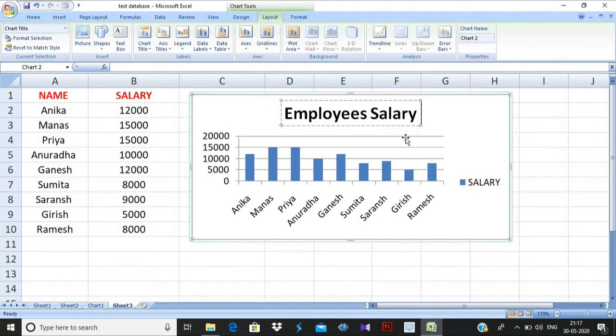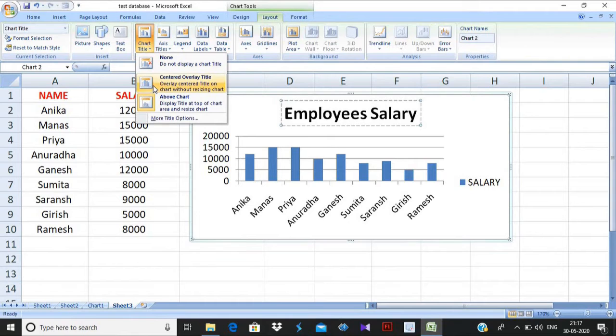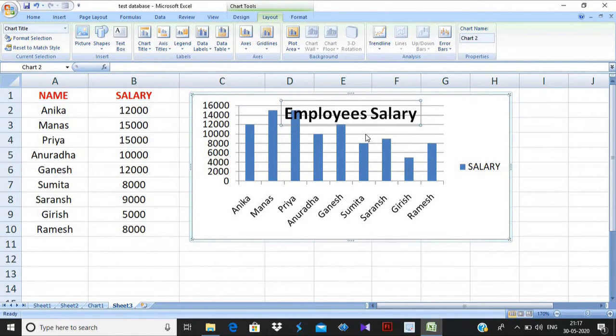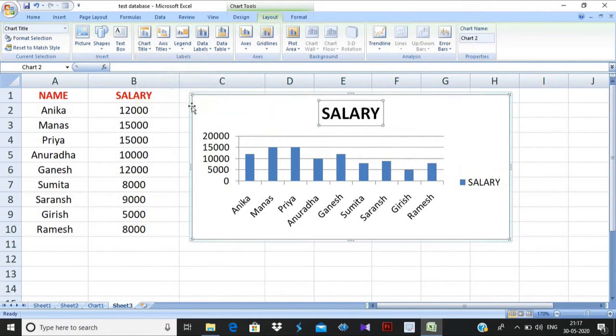I told you so many times that the title will be at the top. The title describes what the chart is all about. You can even insert the chart title at the center, like this it will show in the center, and in none it will not show anything. So this is the chart title.